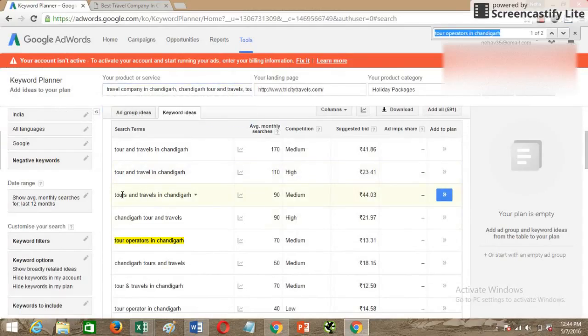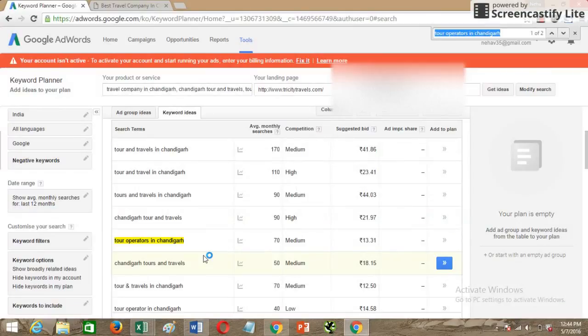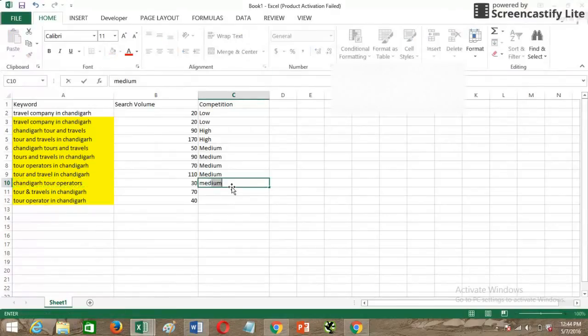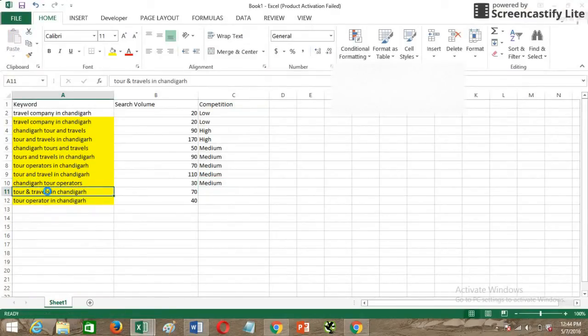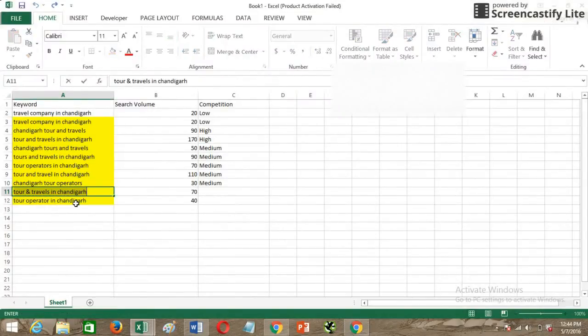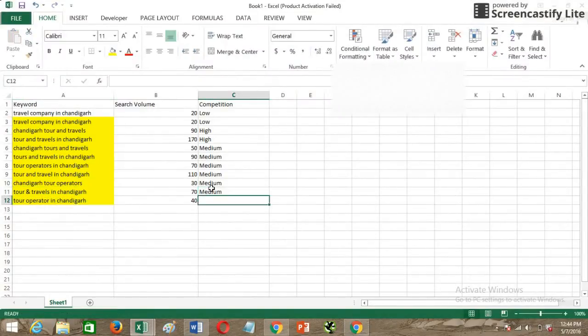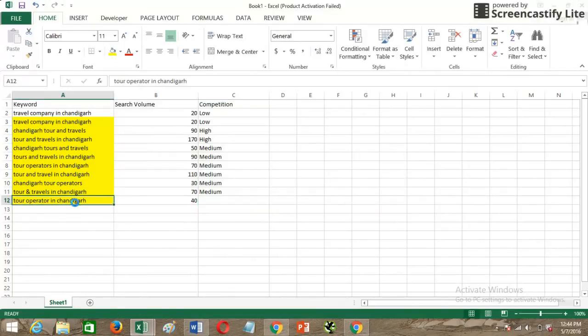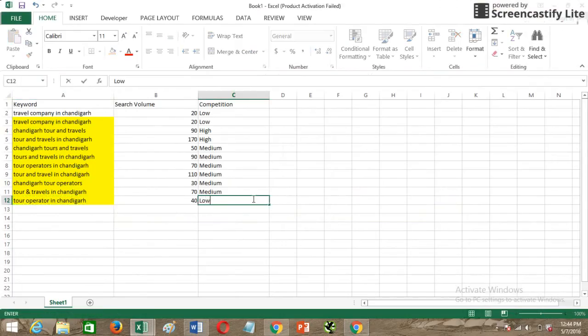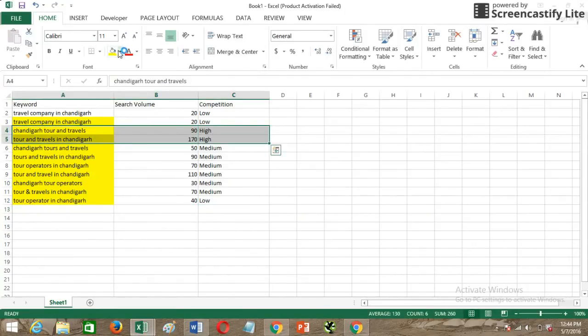This keyword is again having a medium competition. Tour and travel Chandigarh, this is low. For me, these two keywords are definitely not going into the list.